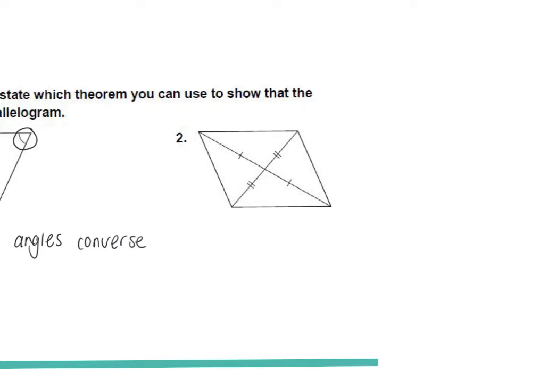They bisect each other. Do these bisect each other? How do we know? They meet in the middle. They have congruent marks. Ah, they have congruence marks. Do you see how each of these diagonals, so let's highlight each of them, one in red and one in blue. Do you see how they're cut perfectly in half by that point in the middle? Since they're cut in half, they bisect each other. That is the definition of the parallelogram diagonals converse. That's why we're using it. Parallelogram diagonals